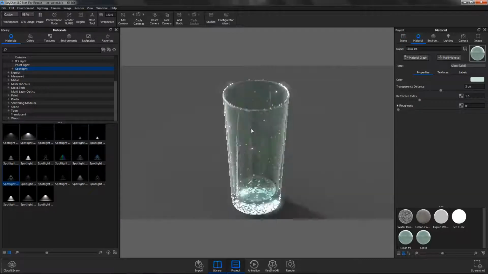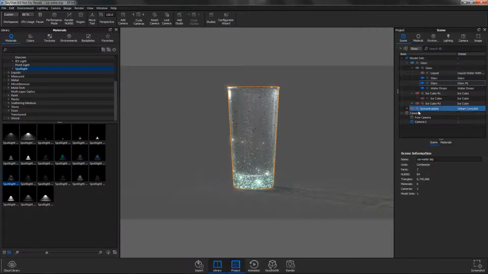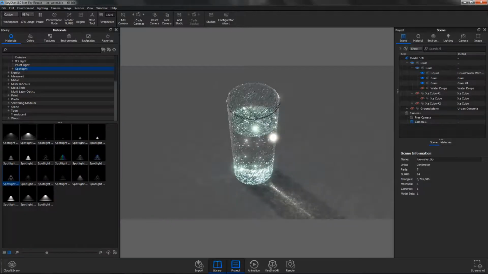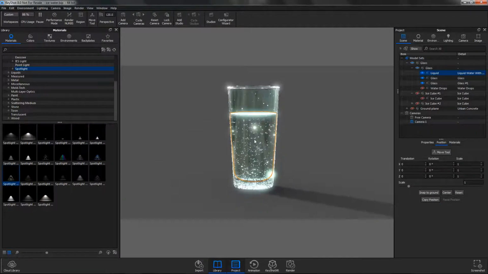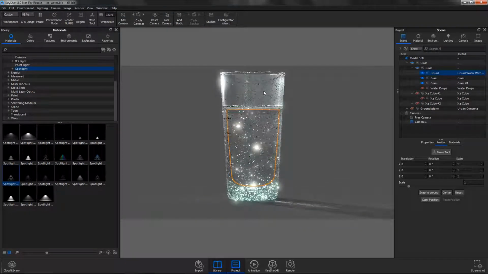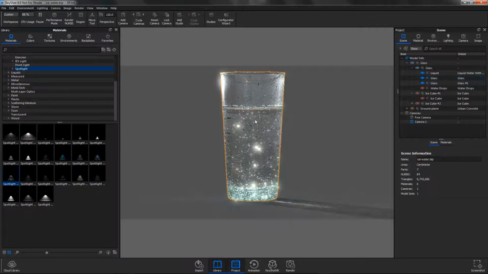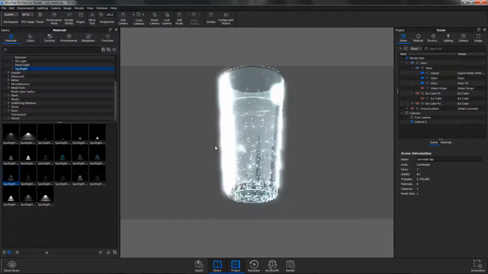And having liquid in there, so if we add that liquid back, they've improved sort of nested dielectrics, is what they call it, and that effectively means that that water geometry is overlapping with the inside of that glass, and that means it just improves the calculation of how that liquid should be viewed